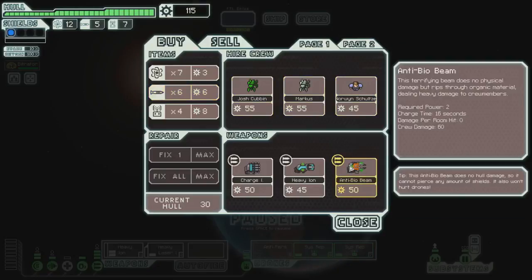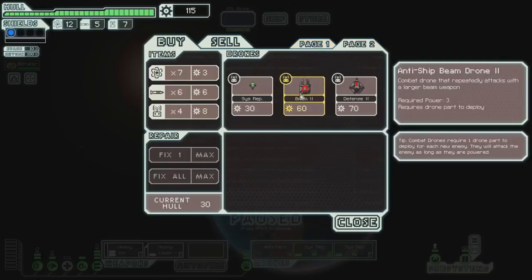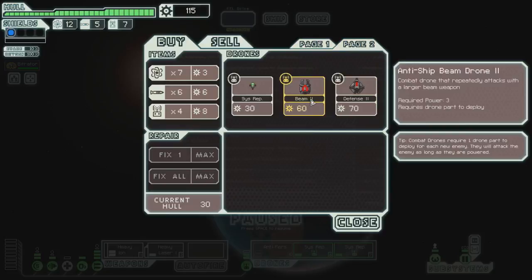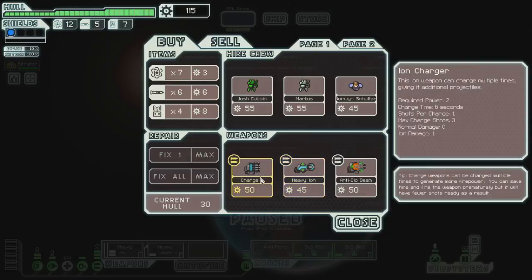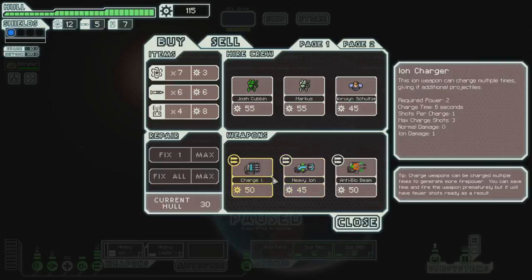Okay, so not what I was looking for. Certainly not what I was looking for. Ooh, that beam 2 is tempting, but I know I need to worry about... The problem with the beam 2 is it won't help me right now get through shields. I need something I can control better. Ion charger. This ion weapon can charge multiple times, giving it additional projectiles. Okay, it can charge up to 3 shots. It only requires 2 power. That requires 2 power... Okay, so this will get me...